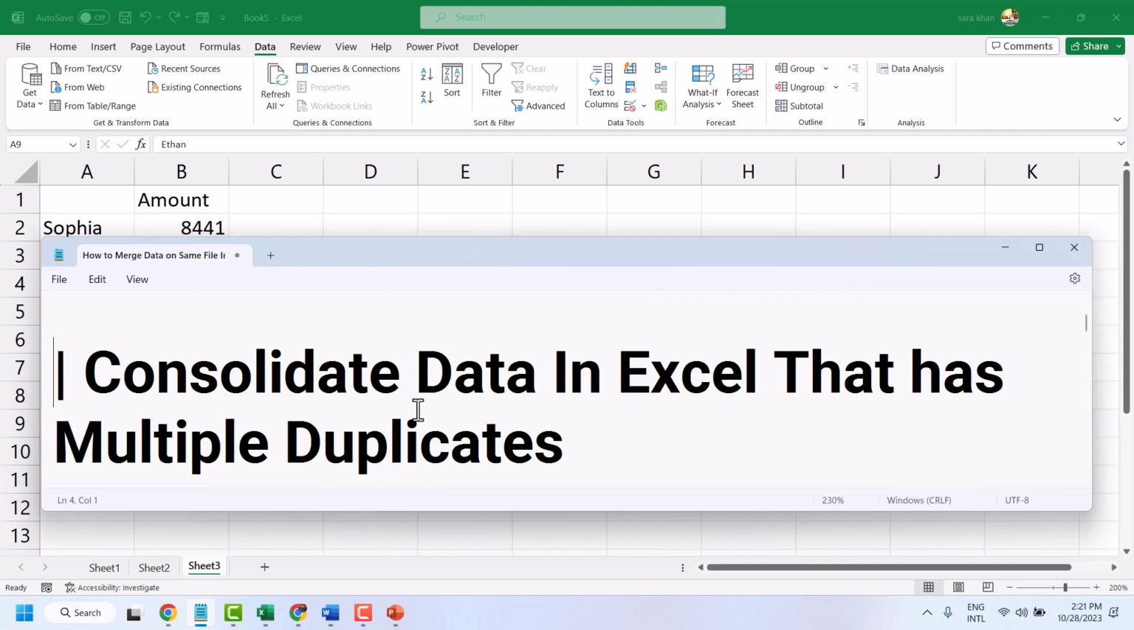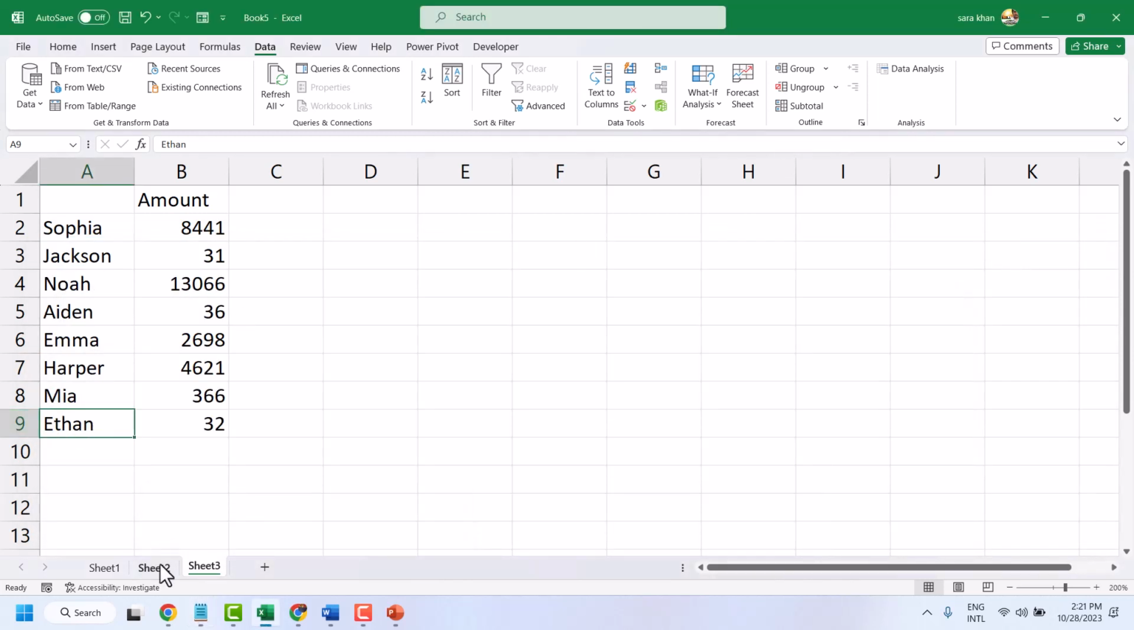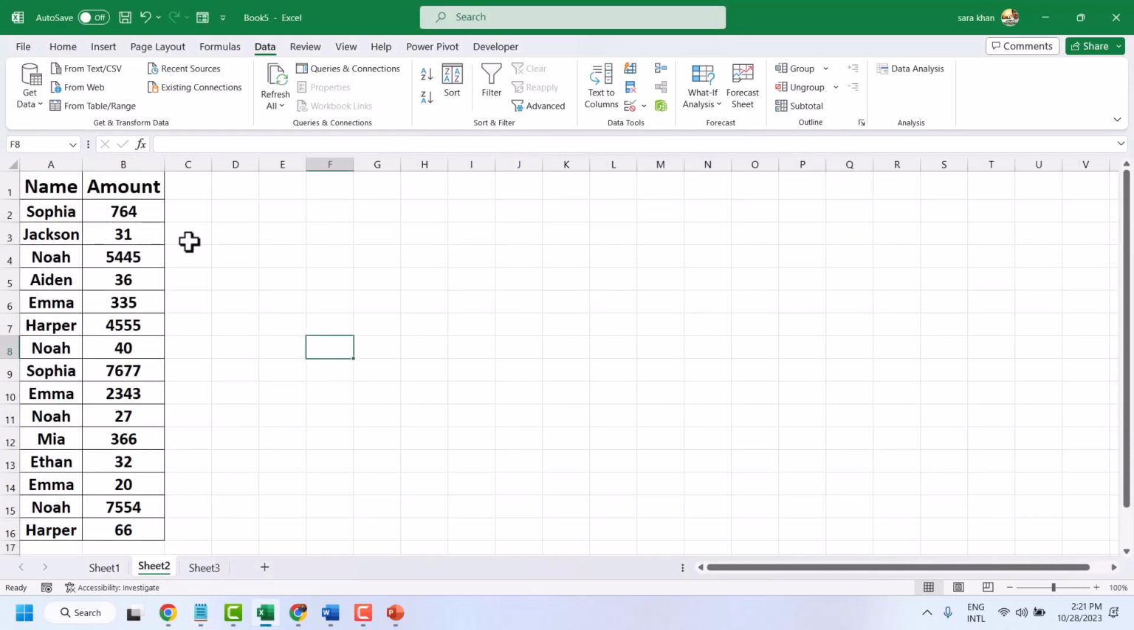In this video, I will show you how to consolidate data in Excel that has multiple duplicates. So guys, if you want to merge data in Microsoft Excel in the same file, we have this example. Someone borrowed some money from these different persons